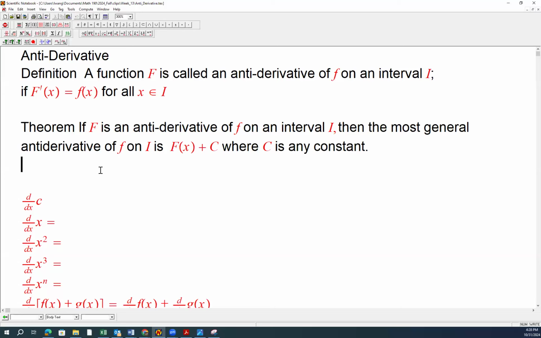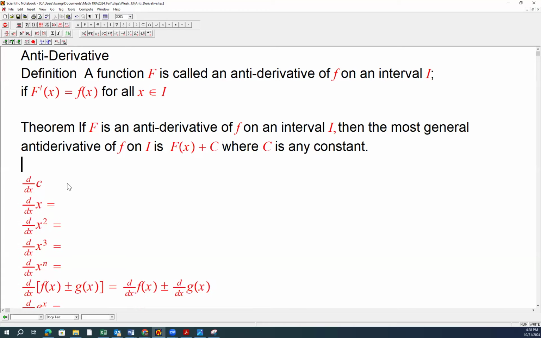All right, so let's apply this concept. I would like you to practice applying this definition. For example, in the past, we've been studying derivatives, right? We know the derivative of a constant equals 0. Let me use a capital C. If a capital C is differentiated, it equals 0. By definition, we can say capital C